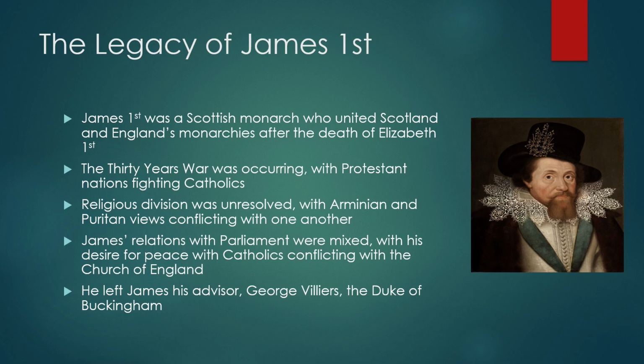By the 1620s, something called the Thirty Years' War was occurring. This essentially pitted the Protestant nations against all the Catholic ones. There was a massive falling out over religion and religious differences, and so these two types of churches were the ones mostly at war with each other. Interestingly, James was quite peaceful. He didn't really want to fight in the war and worked a lot in his time to prevent that from happening. He closed Parliament a few times, using his royal prerogative to dissolve them. He wanted to stay out of these affairs that were happening in the wider world.